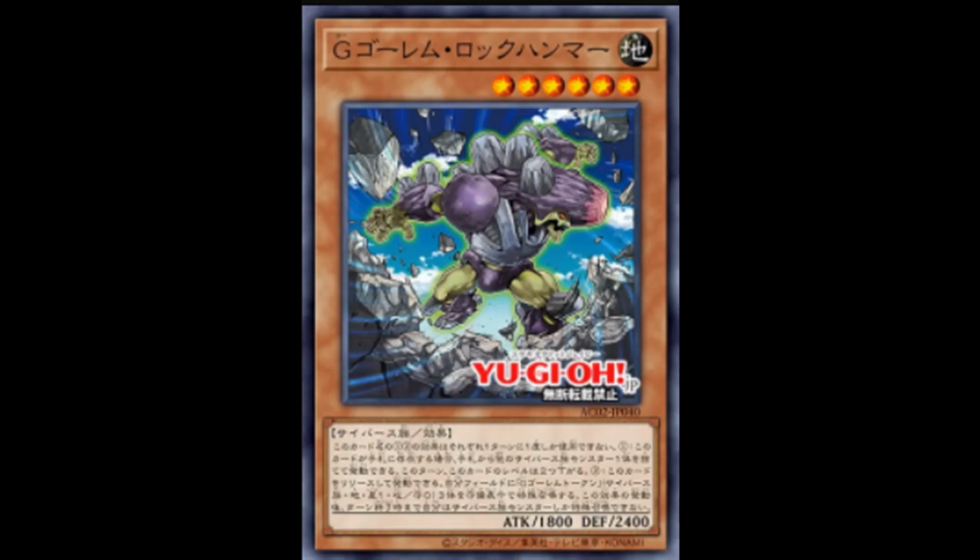So we start off with G Golem Rock Hammer, which is a level 6 Earth Cyberse with 1800 attack, 2400 defense, and its effect is, if this card's in your hand, you can discard one other Cyberse monster and then decrease this card's level by 2 until the end of the turn. Since it's a level 6, you discard one Cyberse, it will become level 4, so it makes it easily normal